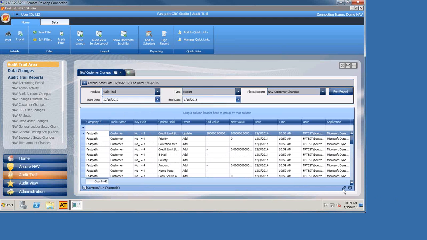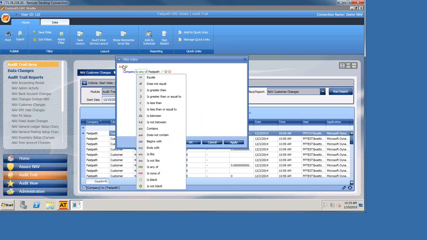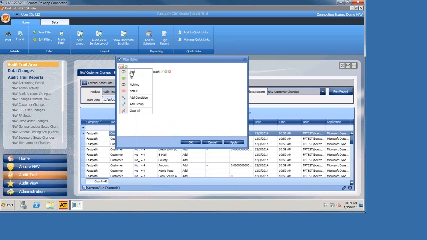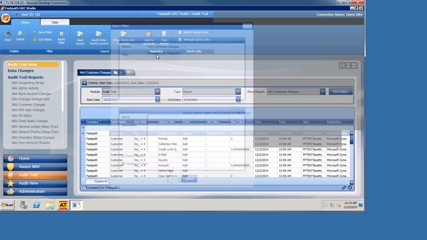It's telling me that the company is in Fastpath. I can edit this, and if you notice, I have all different kinds of criteria here. I can do ands or ors or conditions. I can build some really powerful filters. And the nice thing is when I build those filters, I don't have to rebuild them every time I come into the solution. I can actually click Save Filter, and my Save Filter dialog box is going to come up, and I can give this filter a name and a description.